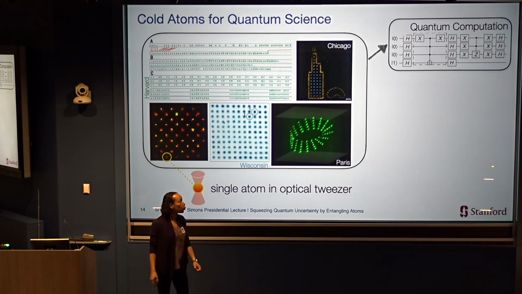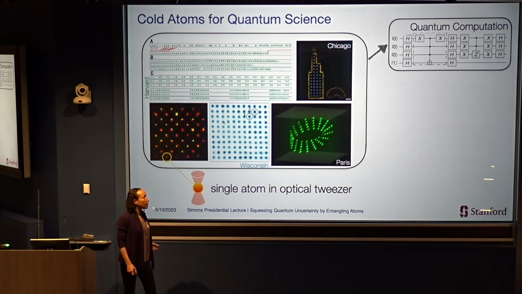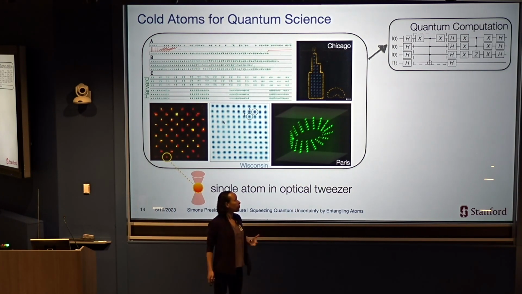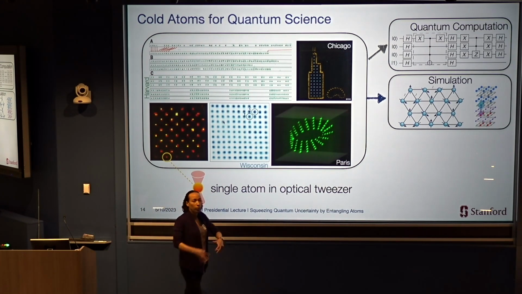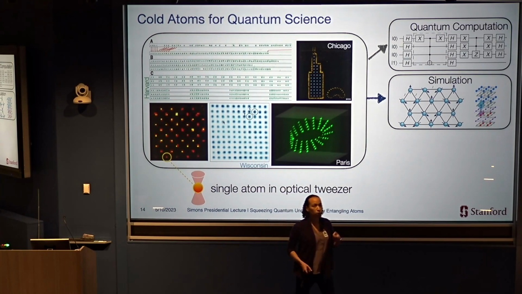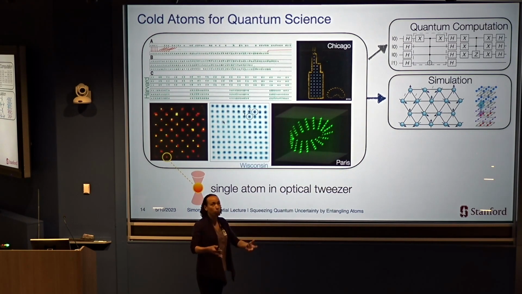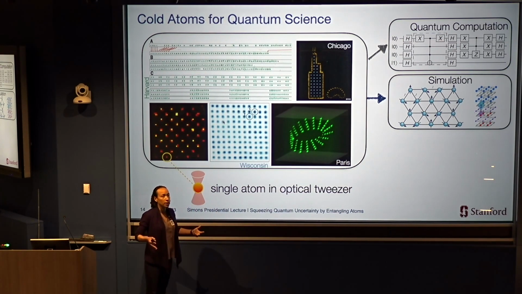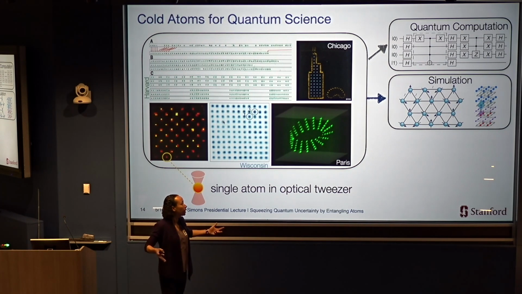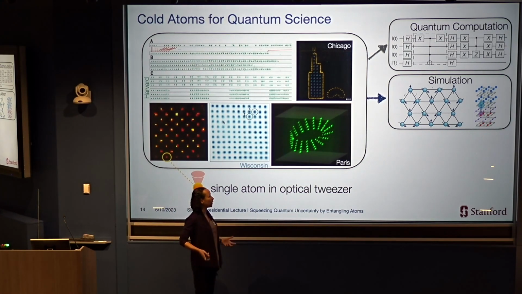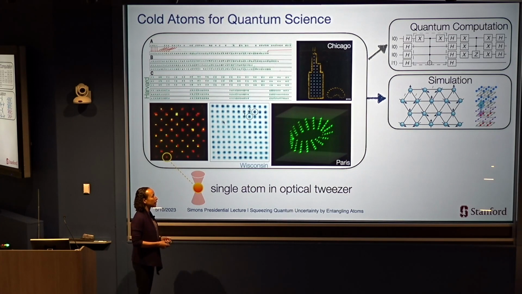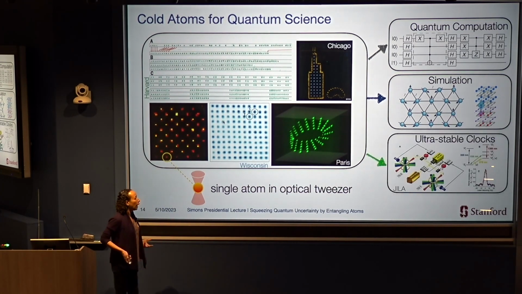And there's an effort to use each individual atom as a qubit and use these as the building blocks of a quantum computer. There's also a broader direction of saying, short of building a universal computer, can I use this well-controlled quantum system as a special purpose computer for solving certain problems that are hard because they're inherently quantum mechanical, like asking how the entanglement among electrons gives rise to the properties of materials. So one can build simple model systems and ask what collective behavior emerges.